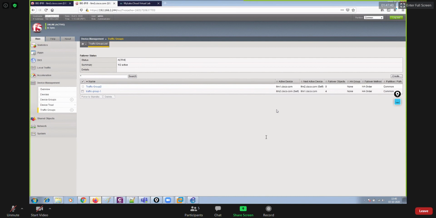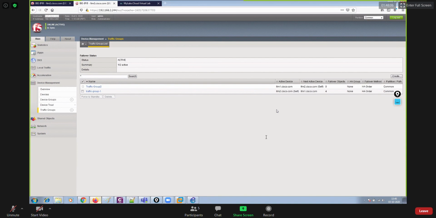So better is you have active failover in place, but have more than 2 devices. Like if I have 2 traffic groups, then have at least 3 devices. If you have 3 traffic groups, then try to have at least 4 devices. So every time you have at least 1 device in spare for the purpose of load sharing. And that's why in a single device group you can have more than 2 devices. That's why F5 has that capability.